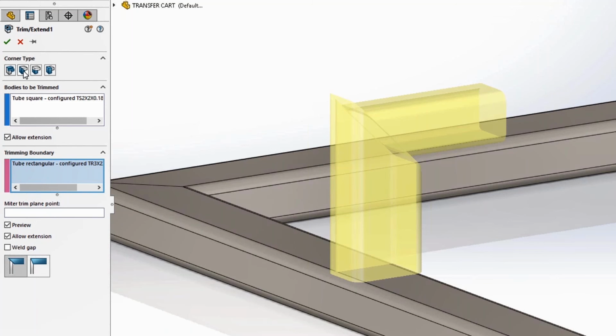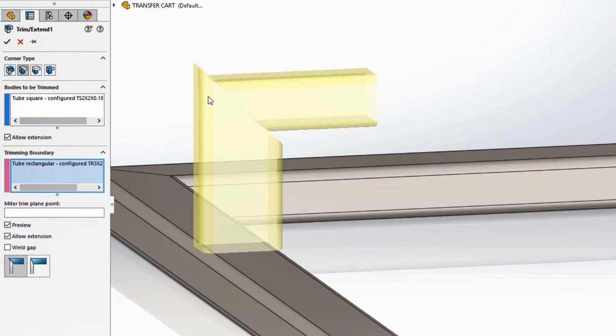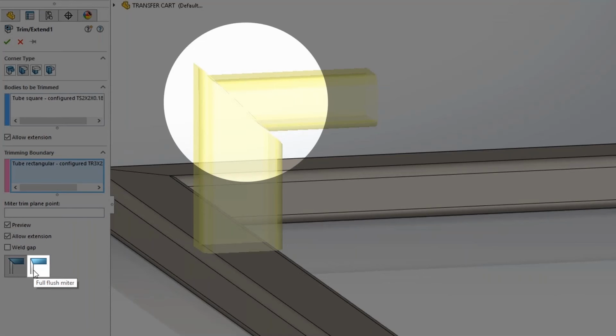type. The two end butt trim dictate how one trims to the other, and the miter trim bisects the angle between the two tubes, creating an equal angle miter trim. But since these tubes are of a different profile, the equal angle miter trim does not produce the desired result